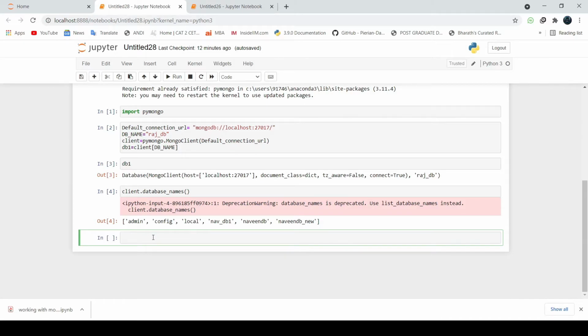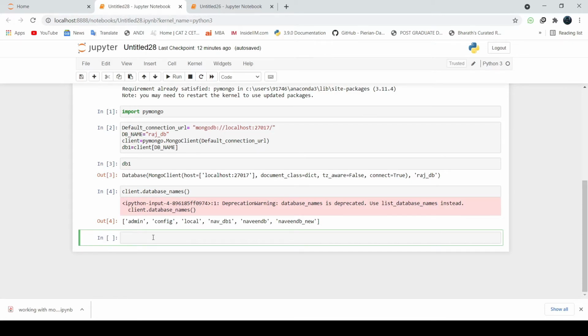In SQL you write queries like insert into table name, but this is something different which I'll be speaking about in some time.